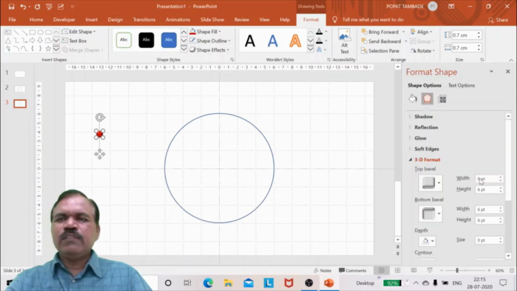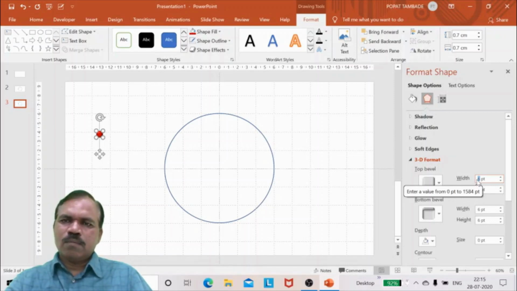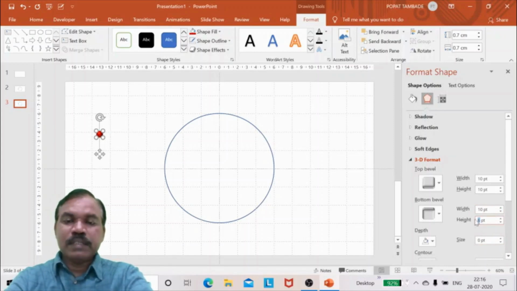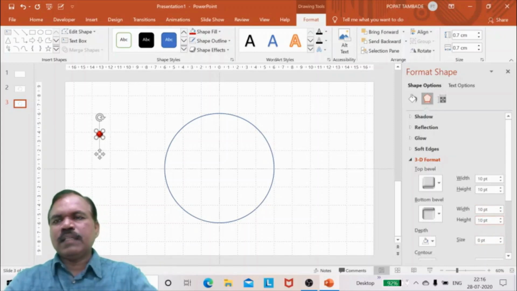And change the width of top bevel and bottom bevel. Also change the height of top bevel and bottom bevel. Here I will take 10 width, 10 height. This is a circle of diameter 0.7 centimeter.